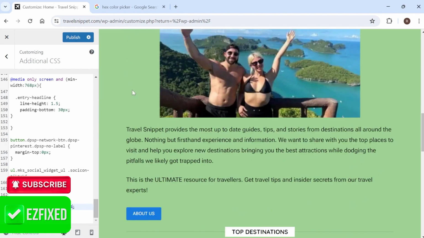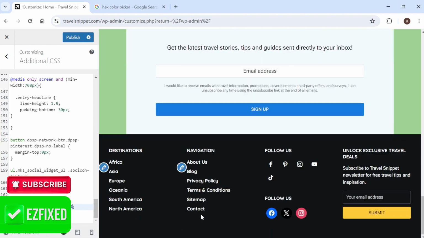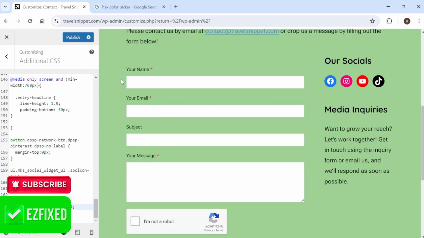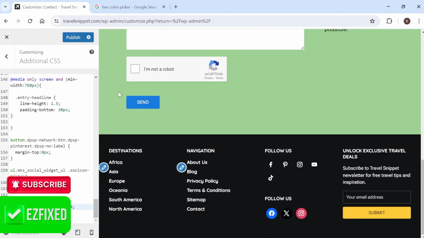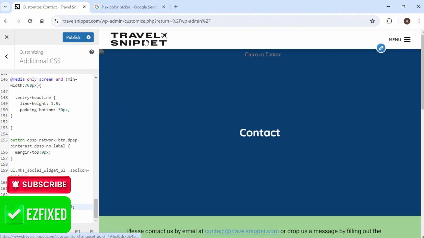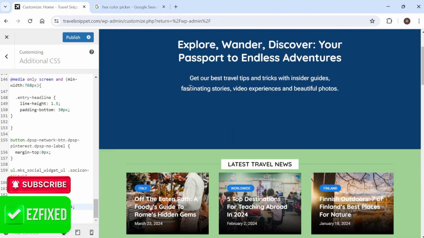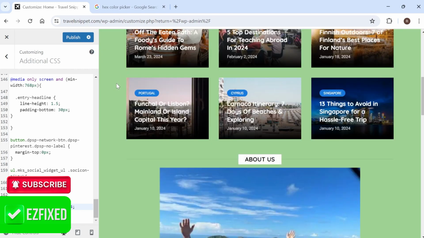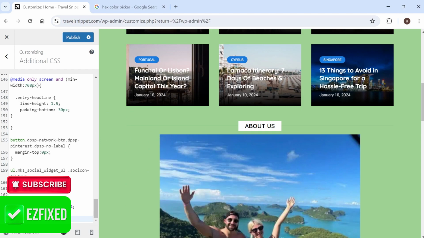Now that works for changing the background color, but the only problem is if we go to any of our other pages on our website, then it's also changed the background color of all of those web pages too. So if you wanted to target just one particular page on your website, we can also do that. So how we would do that is, let's just say we only wanted to change the background color of this home page here. So what we would need to do is come back to this CSS code over here, and